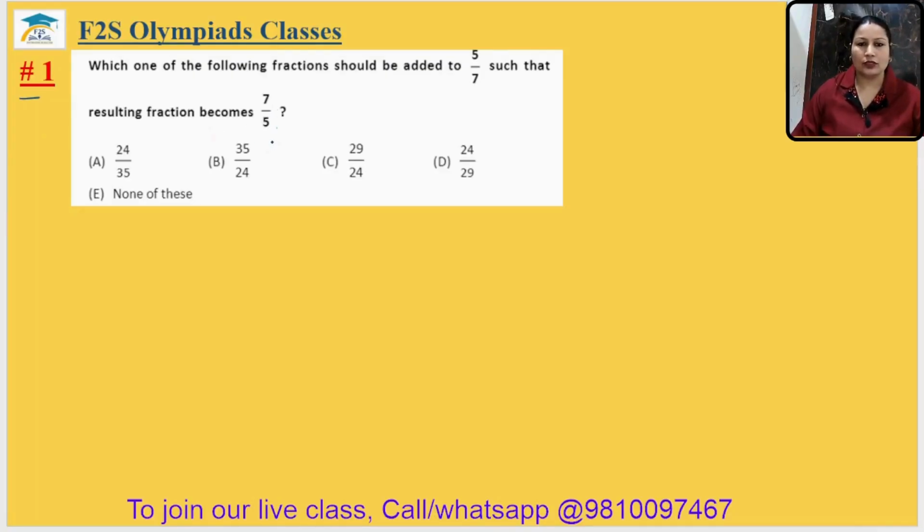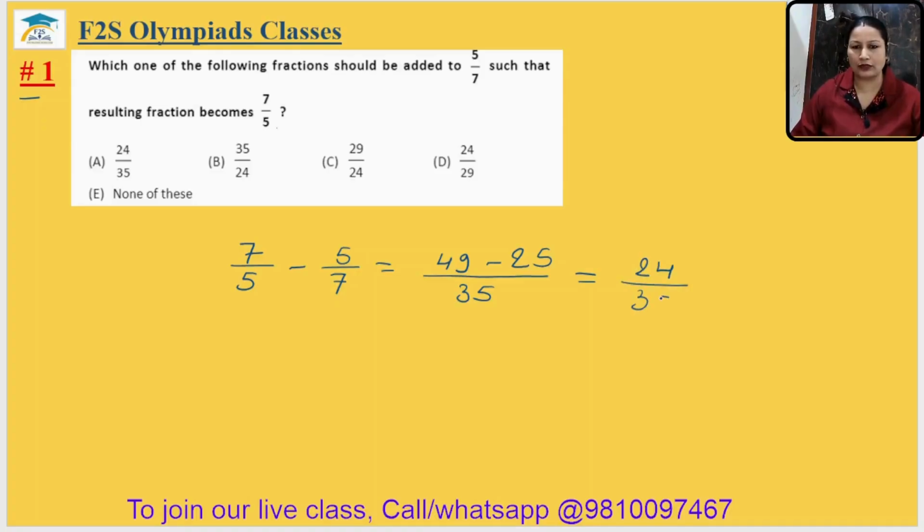5? ठीक है, तो ऐसा कौन सा नंबर हम 5 by 7 में ऐड करेंगे जिससे हमारे पास सम 5 by 7 हो जाए, सॉरी 7 by 5 हो जाए. तो how can we find out? We just subtract 5 by 7 from 7 by 5. ठीक है. After taking the common denominator as their LCM, 7 5s are 35. ये हो जाएगा आपका 49 and ये हो जाएगा आपका 55. तो 49 minus 55, it will be your 4 to 24 by 35.